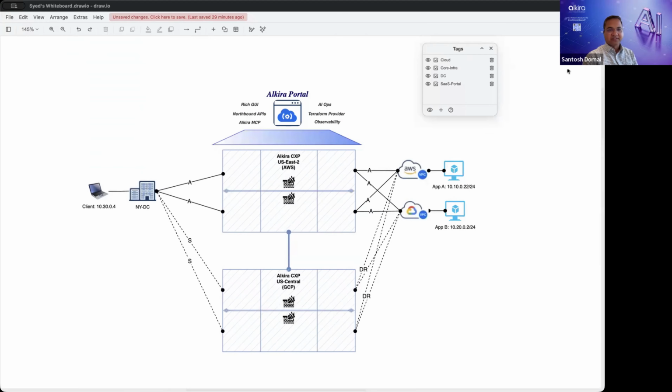We always look for these things, and it's super important for us that we have all these available to our developers first, so that they are writing Alkira applications that can do the same thing for our customers.